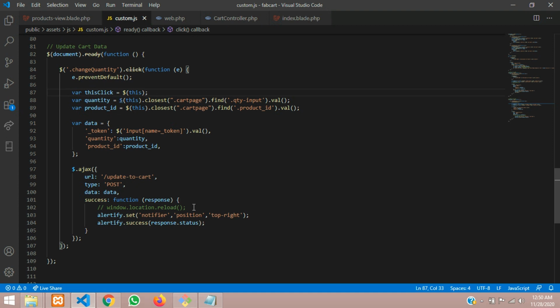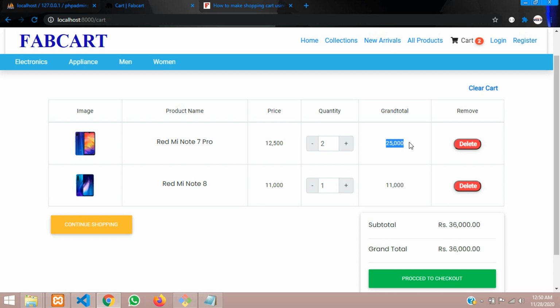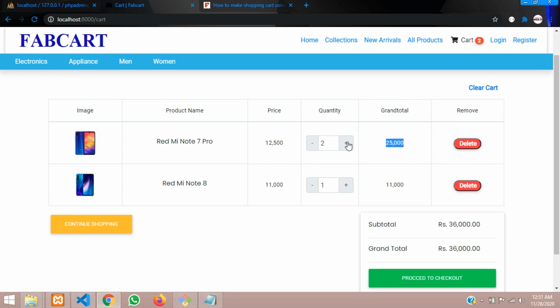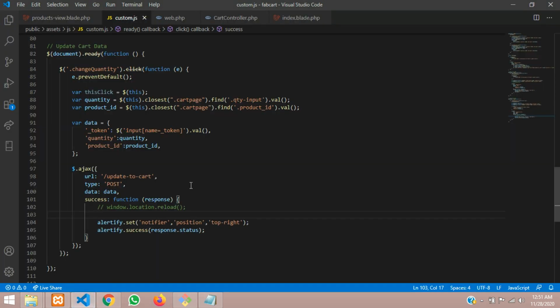Now what we will do, we want to show the data over here, right? Once we click this, the quantity should change without the page reload. That concept we will clear now. So first let us give that. Once you send this request, we want the data to go to its closest one. If I click this first product, this data should get changed. If I click the second one, this data should get changed. So we have to get to the closest one, right?